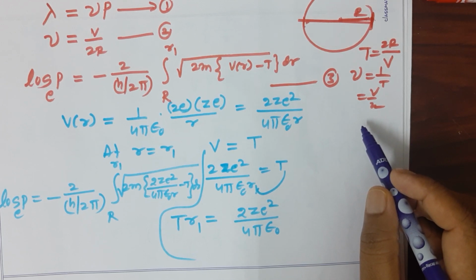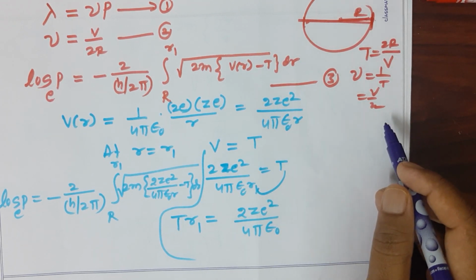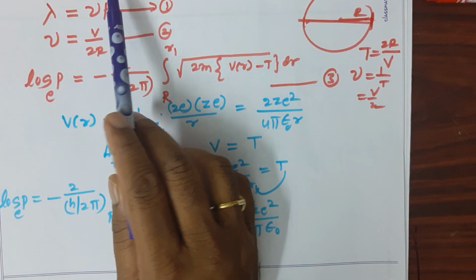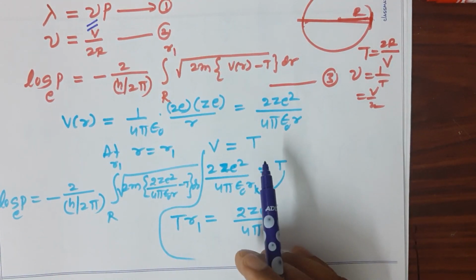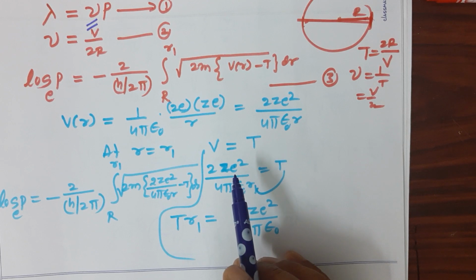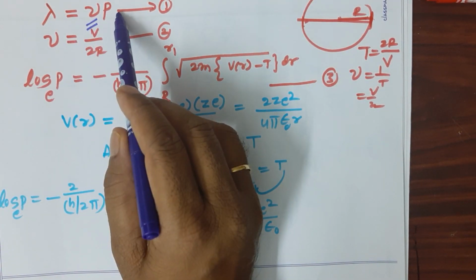In each collision with the wall, there is a definite probability that the particle will leak through the potential barrier. So if nu is the frequency of collision with the walls of the nucleus, and P is the probability,